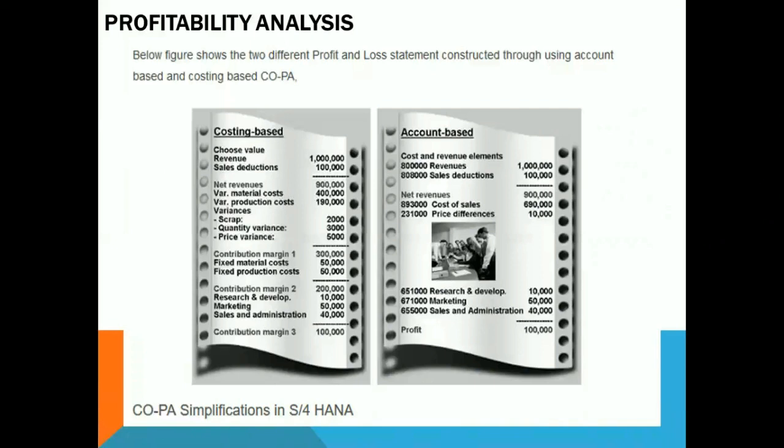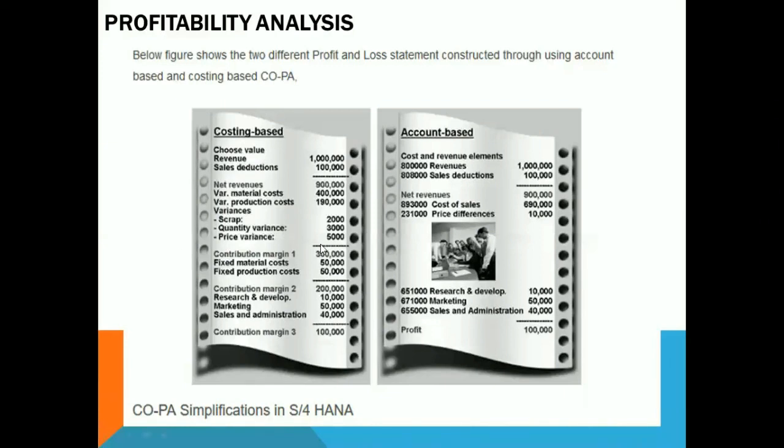Now what is the total variable material cost? It is one of the value fields you are creating. What is the total production cost and what is the total variance? And in this variance, how much scrap has gone out, how much quantity variance, and what is the total price variance. Now from this, I need to deduct everything from the net revenue. These all are going to be called value fields because they are talking about the price here. So once I remove all this material price and production cost, I'll get contribution margin 1. This is the first contribution margin after you deduct the material cost and the production cost variances. So you got a contribution margin 1.